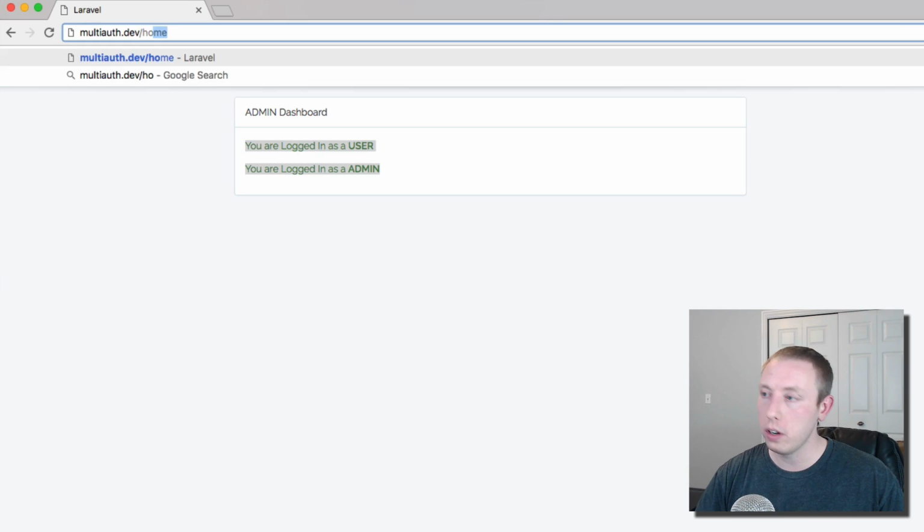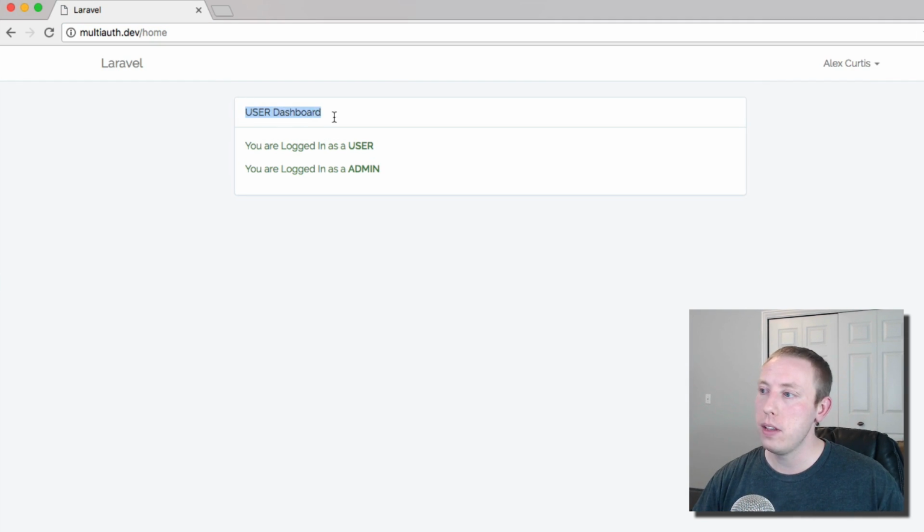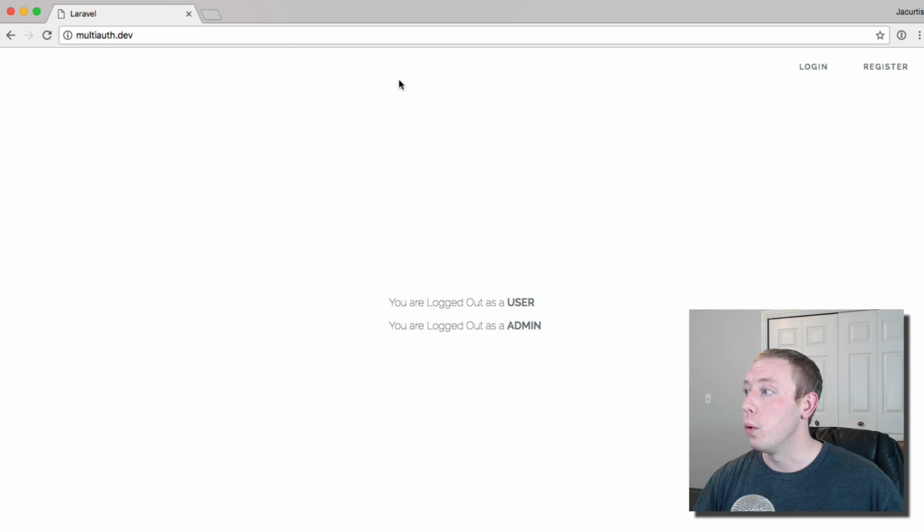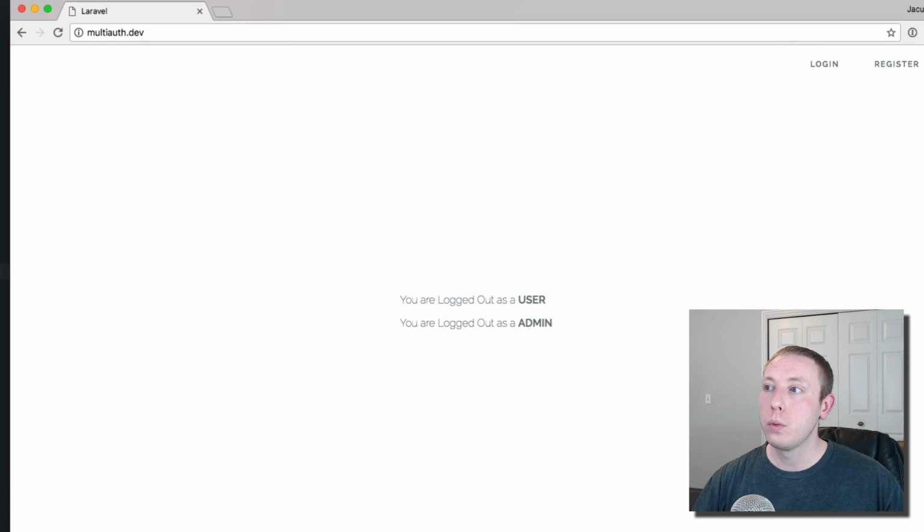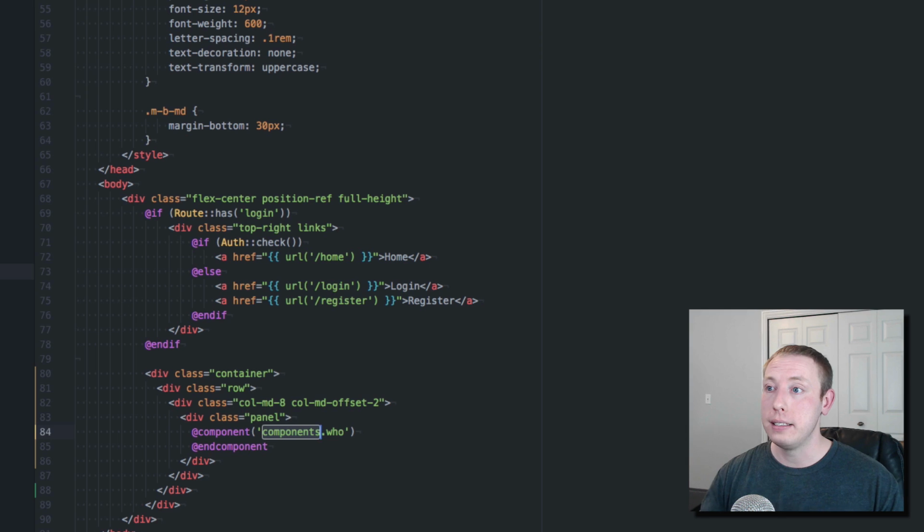If we go to user, now we're on the user dashboard, logged in as everything, okay? So we're logged in as everything. Now let's take a look at the logout functionalities. To do this part, we're going to build upon our existing